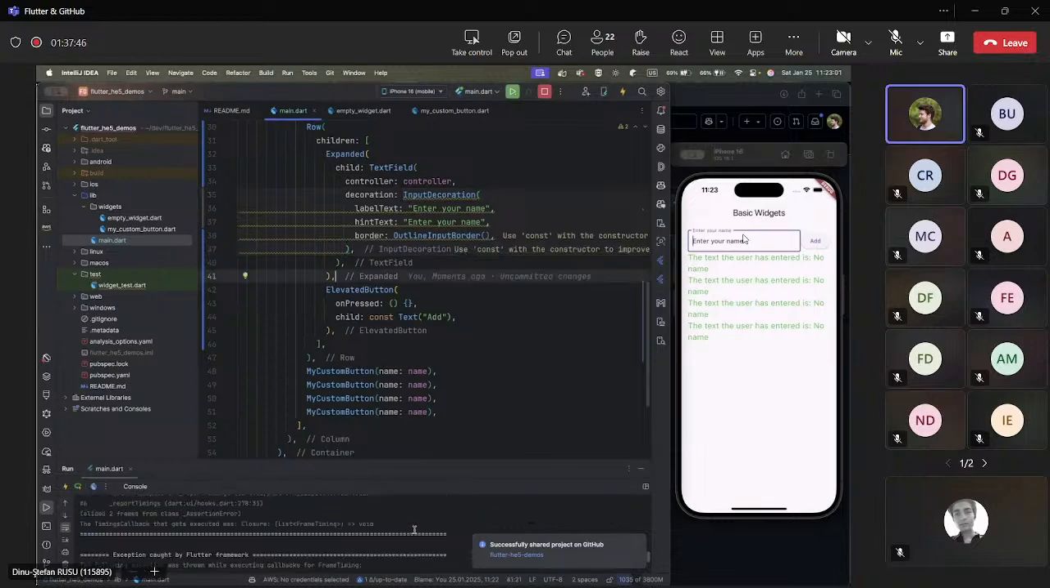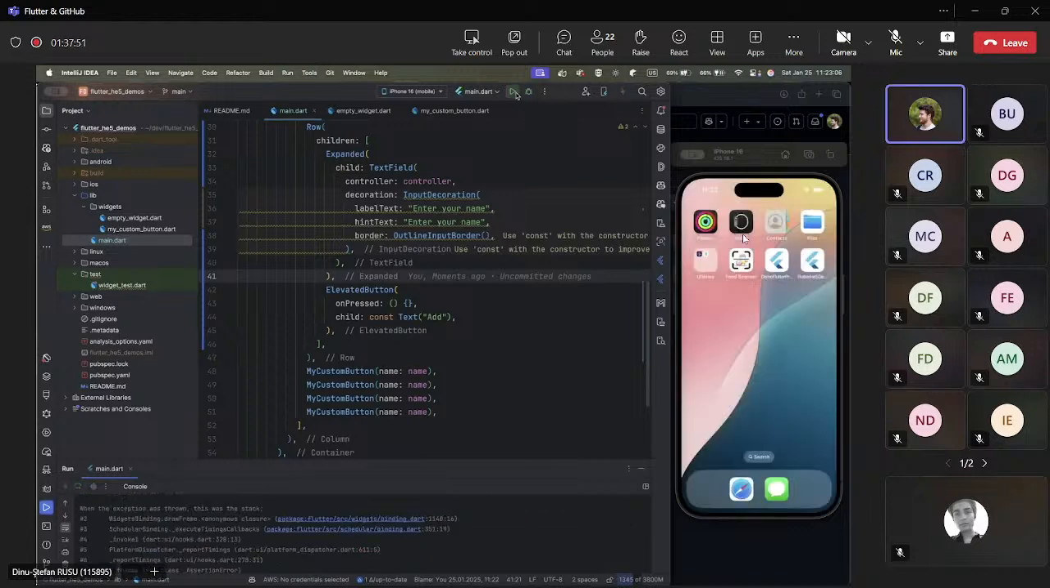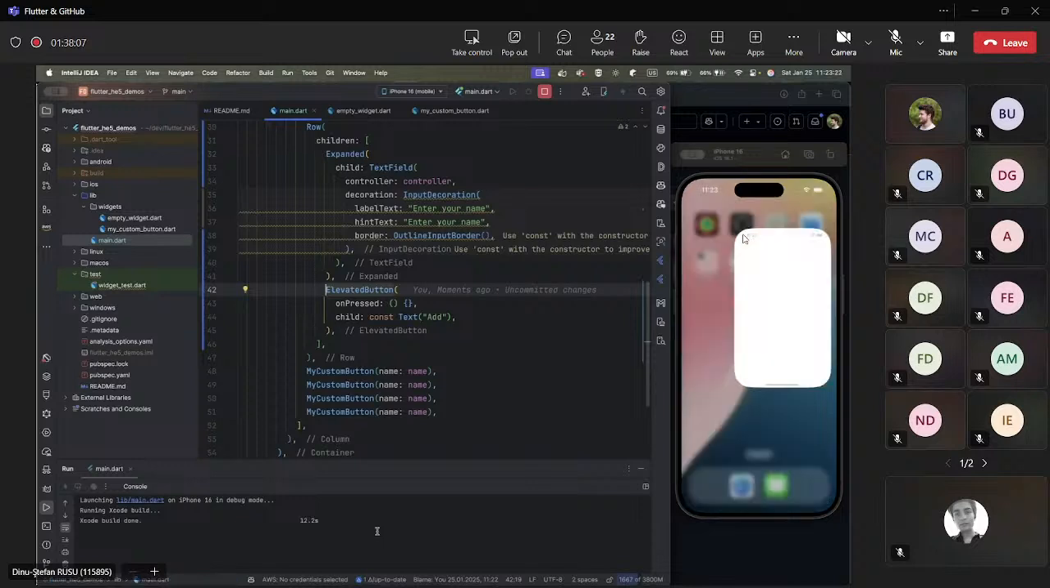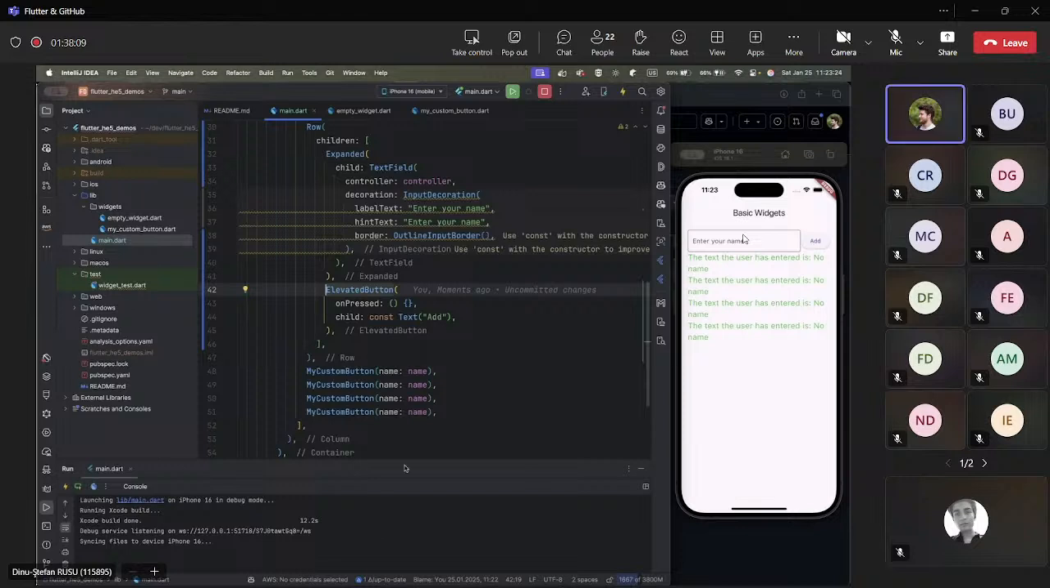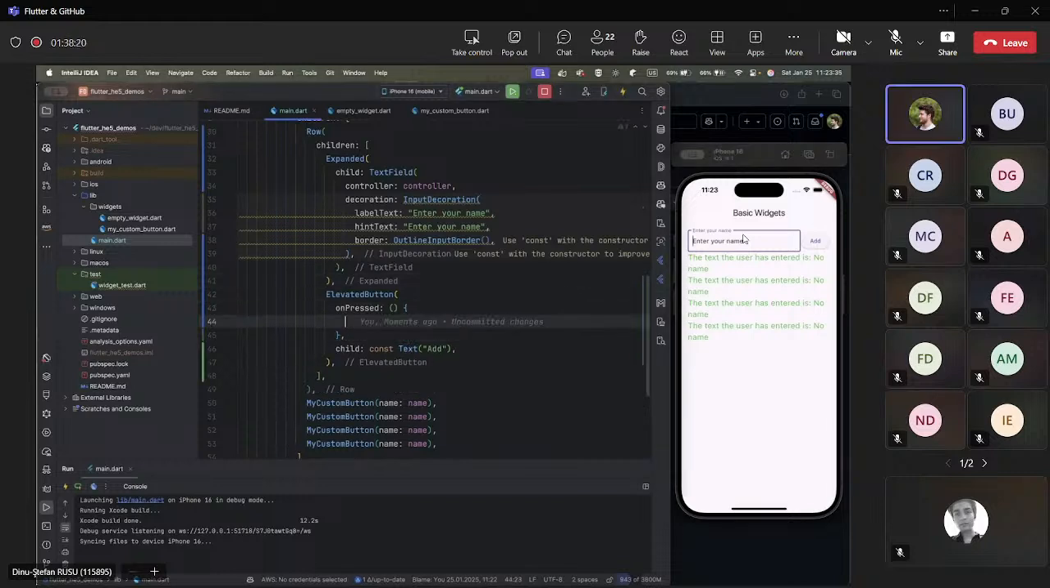Let's click on save, and we have some errors again. Let me try and rebuild it again. Good. So now we no longer have the errors in the console, and I have my text field and my button. Now let's do the same thing,